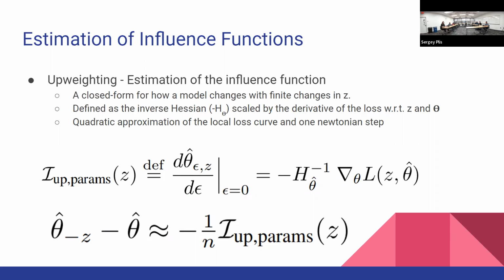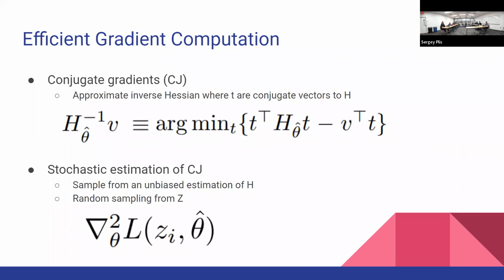So this is analogous to one Newtonian step, which is important because it is that quadratic approximation. But also, it shows us how they get to the efficient computations. Okay. So conjugate gradients